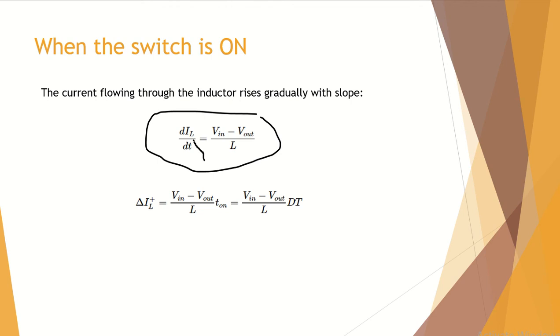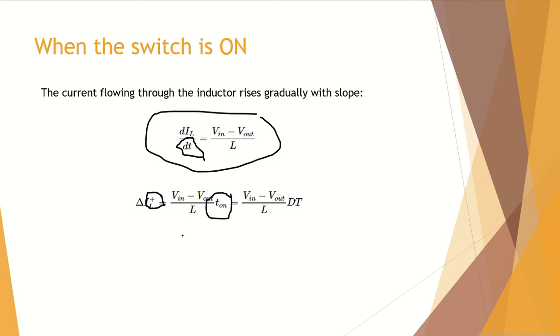So what is dt? dt is the time for which the inductor is charged. So what is that time? That is the on time. dt is the on time during which the inductor is charged. So what we have replaced? We have replaced dt with T on. And what does this positive show? Positive shows before the switch is open. Okay, before the switch is open is represented by positive.